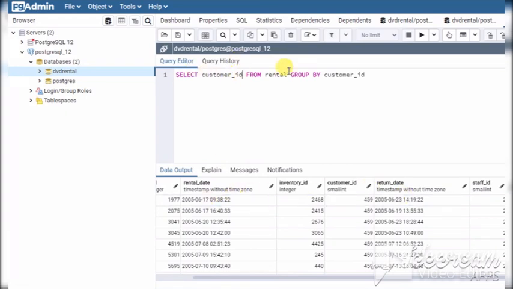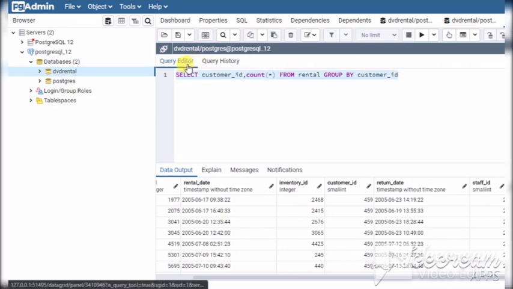We can just write that column, and we can mention any aggregate function here. So this select statement will give us the customer ID as well as the count of records particular to those customers.